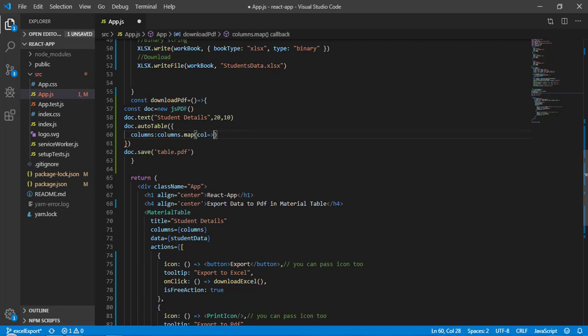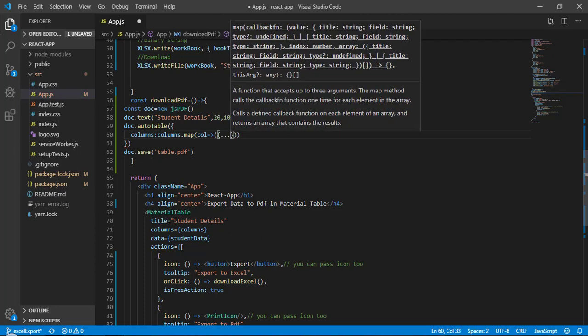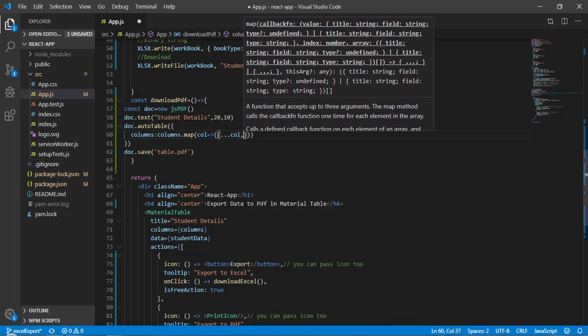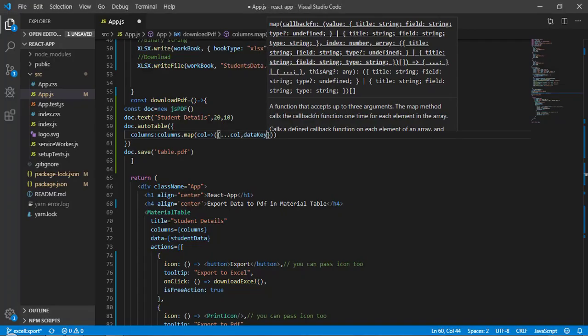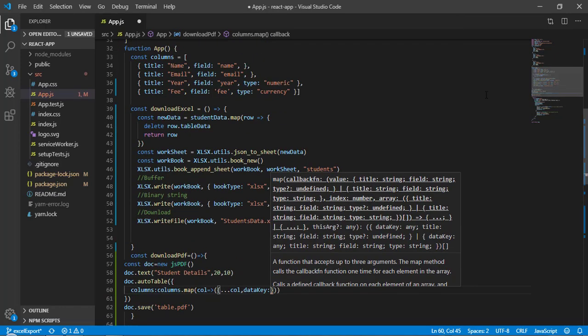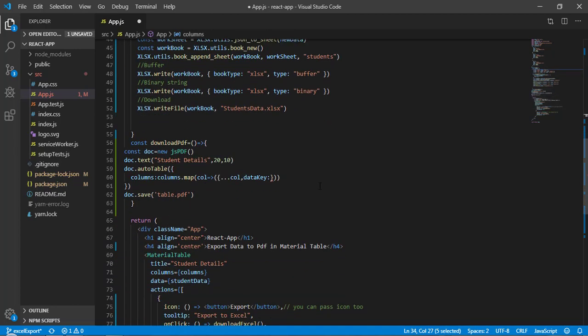So I will return, and here I will spread whatever column I am having, and I need to add an extra field to this that is called data key. So let's copy this data key. Whatever value I am having in field, as you can see this field is name, so I will provide the same thing as the data key. So here I will write col dot field.